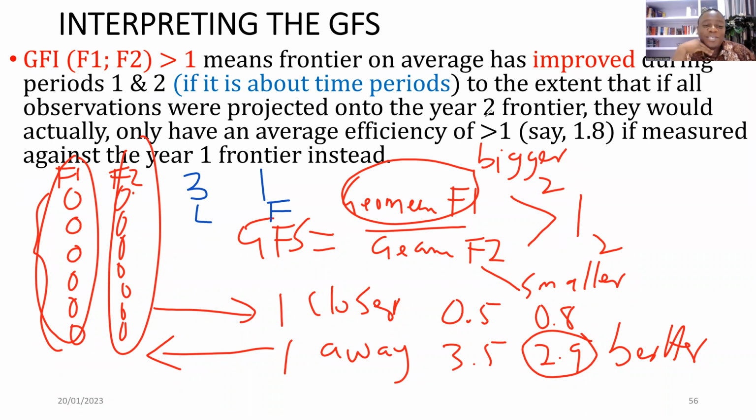Are you very sure what you're saying? 300%. 200%. Okay. So